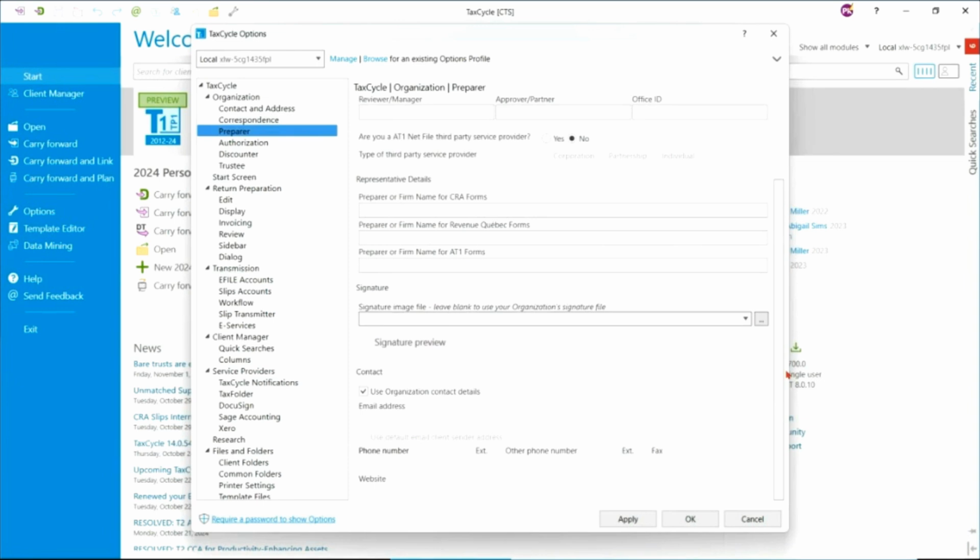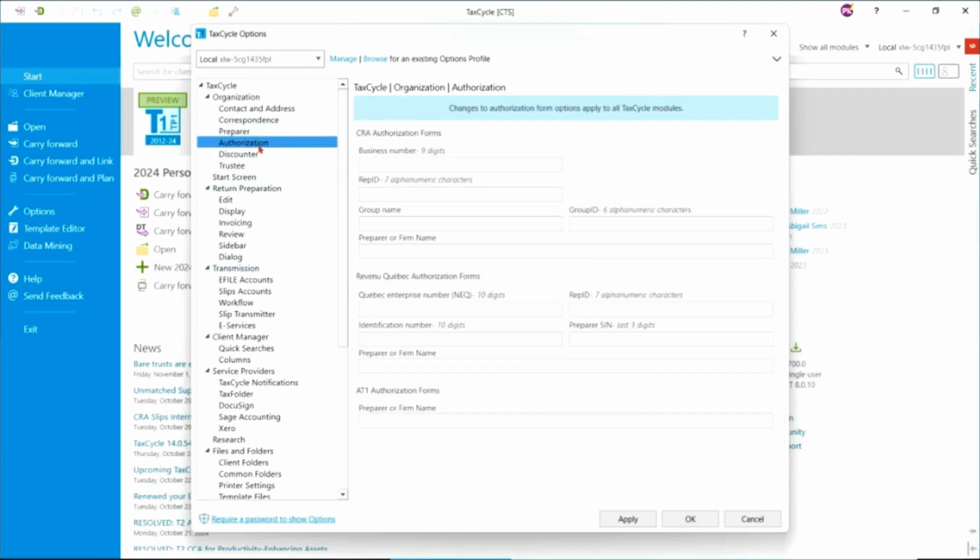Or I can simply deselect this box here if I want to and have more personal correspondence details. For example, if you are happy to have certain preparers share their cell phone number with customers so they can reach them directly, as opposed to all correspondence coming through the firm, they would enter that information in here. And next we have authorization, the standard authorization form sets and the various numbers that you have accumulated